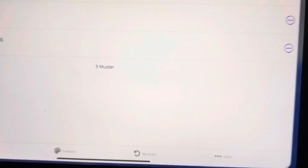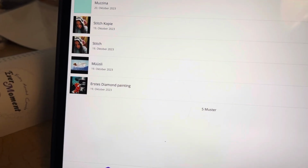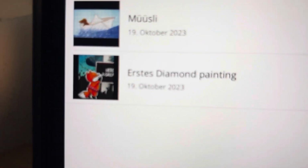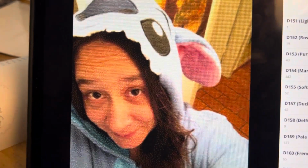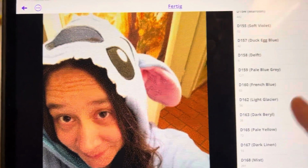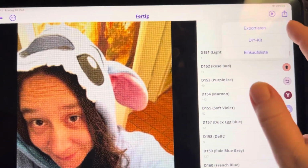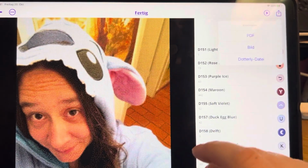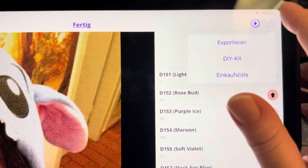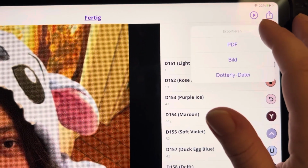So there's Dotterly. I have practiced, I tried out some stuff. I'm not doing that, but I tried out with a stamp. And then I have an old picture of mine, which I like. So now you see this is with round diamonds. I get the list. And then I can export this or do a DIY kit. If I export it...